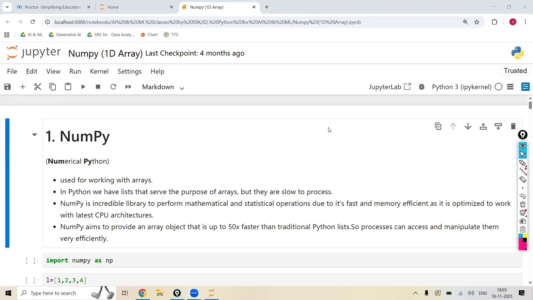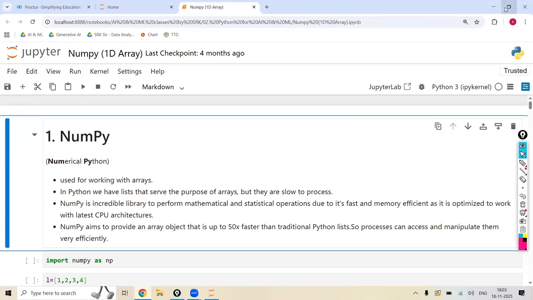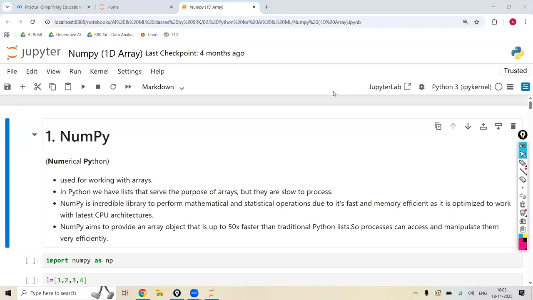Today we are going to discuss the next topic related to NumPy. In the previous class, we completed the functions along with the modules, and I showed you how to create a module first. At the same time, I also explained what the